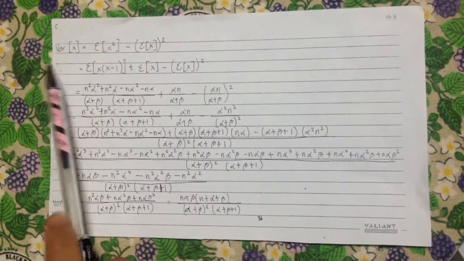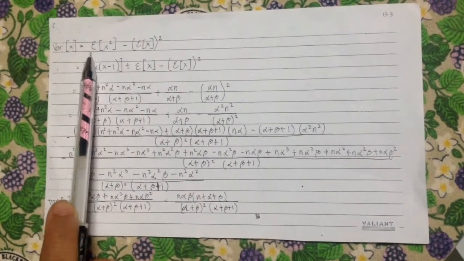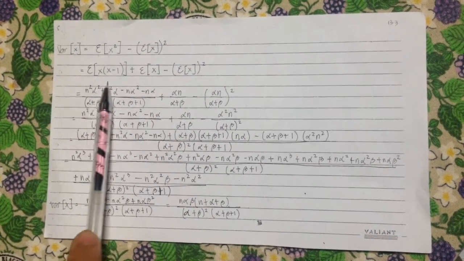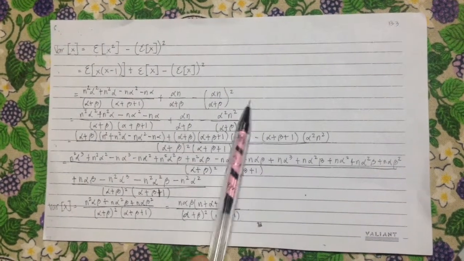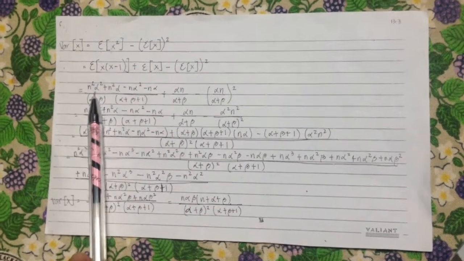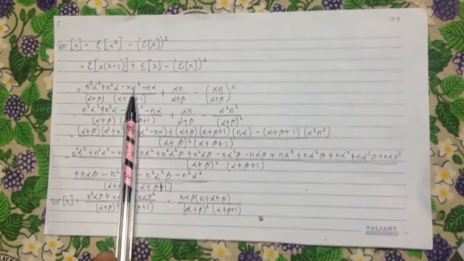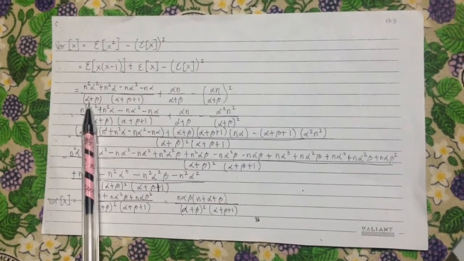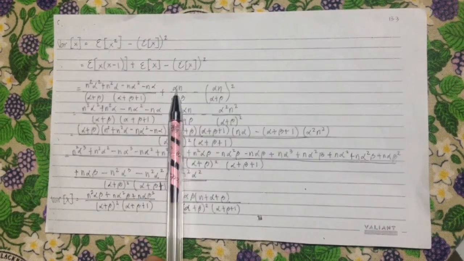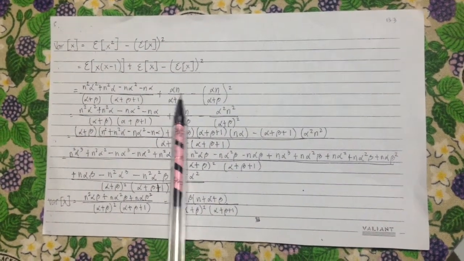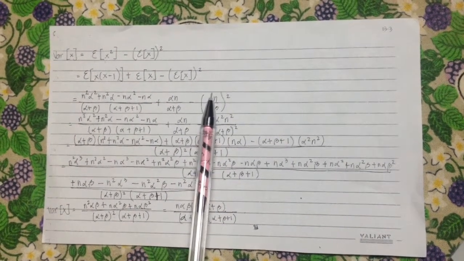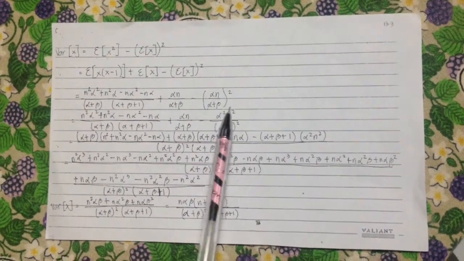So now to solve for the variance of x, since we have the value for the expectation of x squared and the expectation of x, we substitute this one. So we have n squared times alpha squared plus n squared alpha minus n alpha squared minus n alpha over alpha plus beta times alpha plus beta plus 1, plus the mean, which is alpha times n over alpha plus beta, minus the square of alpha times n over alpha plus beta, which is equal